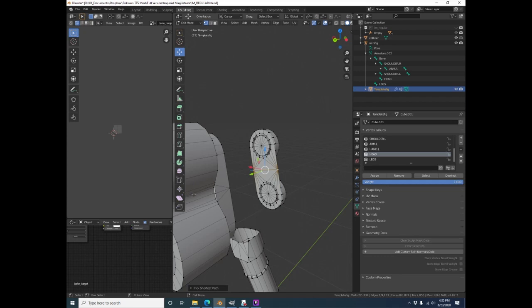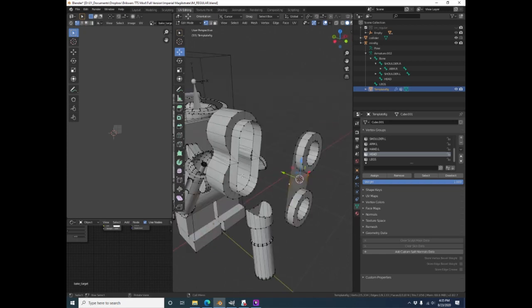We're going to hit Shift S, which gives us this snap menu, and we're going to bring the cursor to selected. So you can see this red and white life preserver ring has popped into the center of these two. Now if I go back to here and I work on selecting this edge loop, you can see again my selection